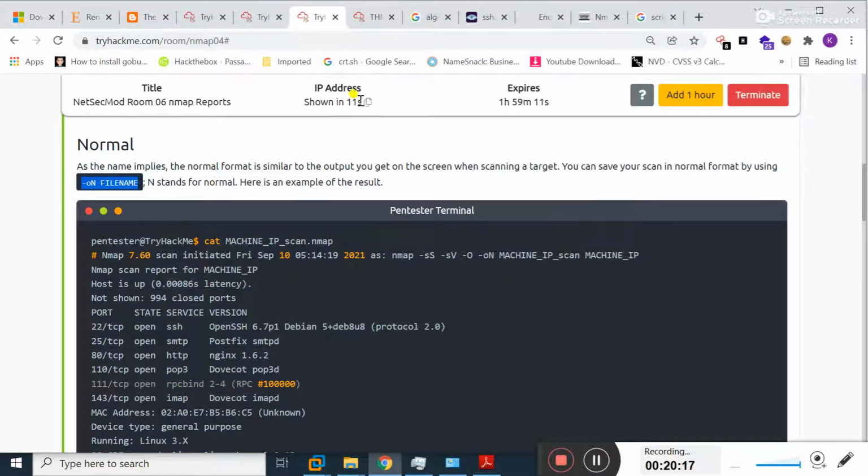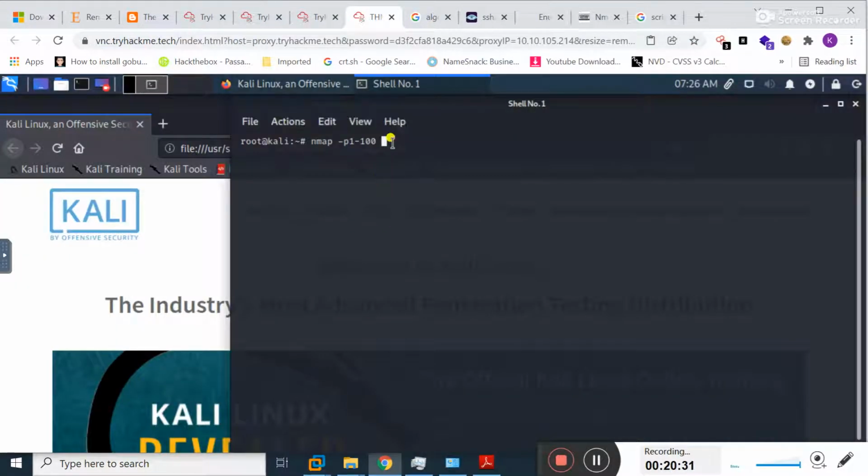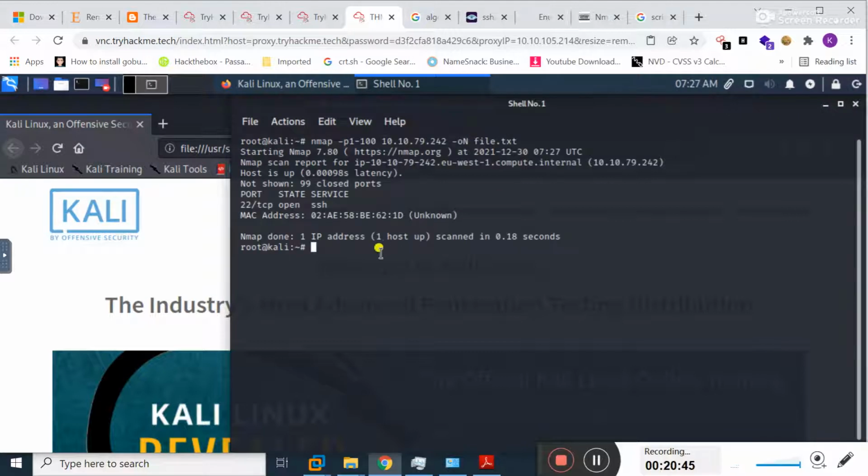It will take some time to show me. I simply copy the IP address here and paste it, and then I will use the -oN switch in order to save my result in a file. I type here file.txt and press enter.